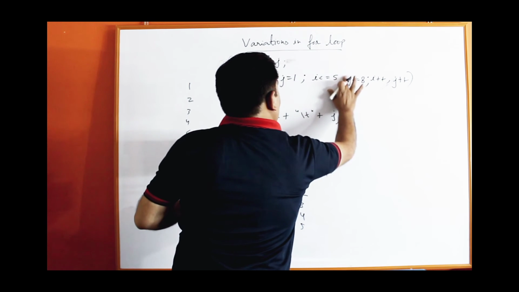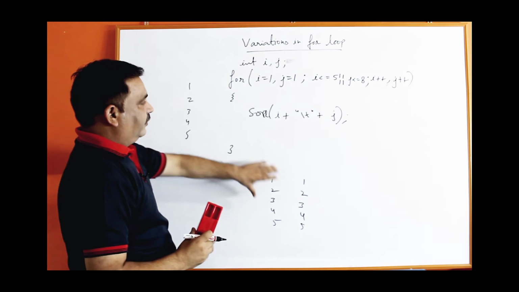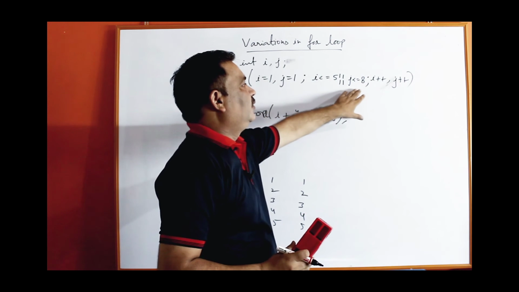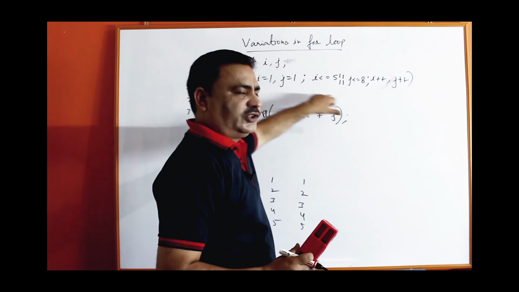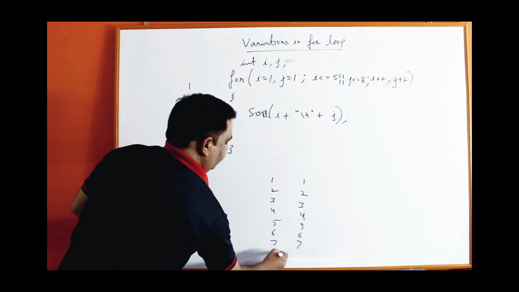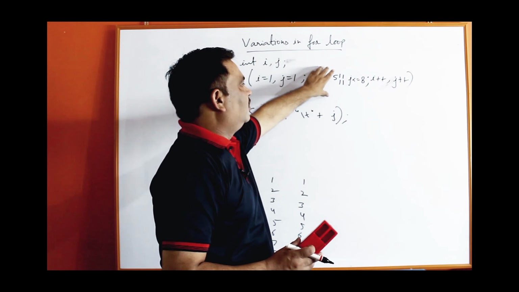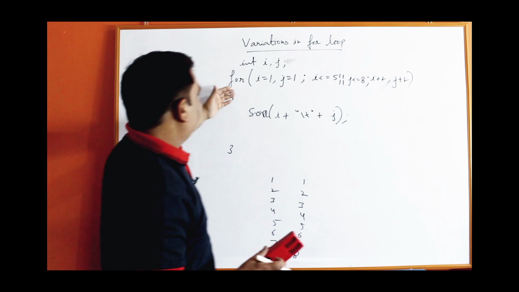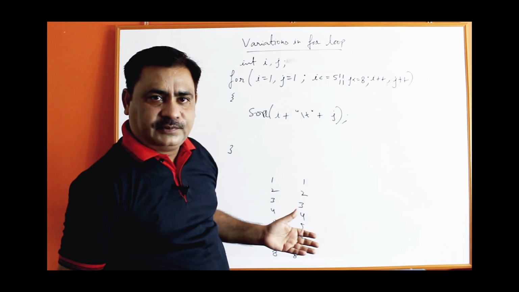So if you write or here instead of and, then 1 to 5 will be printed. When i and j become 6, 6 is less than or equal to 5, the condition is false, 6 is less than or equal to 8, the condition is true, but or is here. So if any one condition is true, the overall condition is true, so the loop will continue. It will also print 6 6, 7 7, 8 8 and so on. When both become 9, 9 is not less than or equal to 5, and now 9 is also not less than or equal to 8, both conditions are false, so now it will come out of the loop. These are the different variations in for loop.